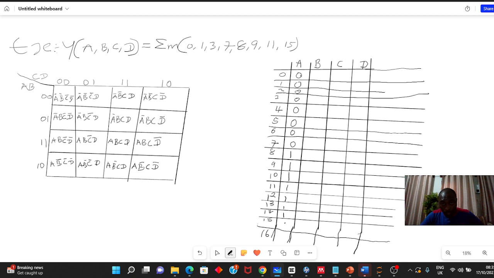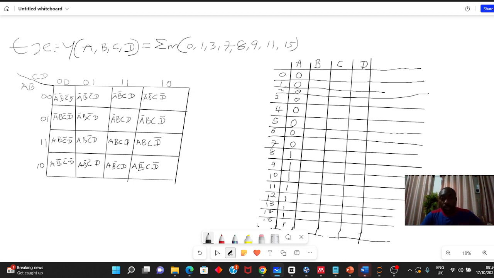We have 1, 2, 3, 4, 5, 6, 7, 8, 1, 2, 3, 4, 5, 6, 7, 8, right? So our counting actually stops at 15. So with 0, you have what? You have the 16, right? So you don't need the last column, the last row rather. You don't need the last row because our counting starts from 0,